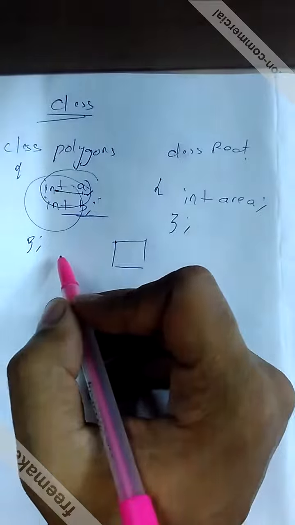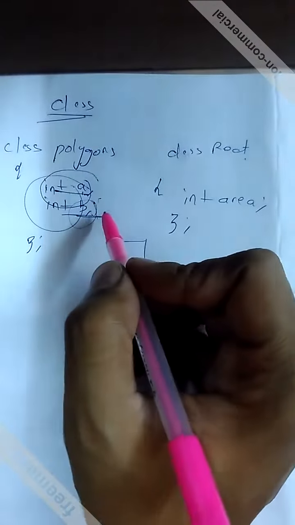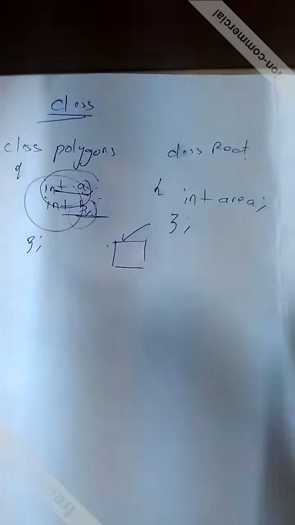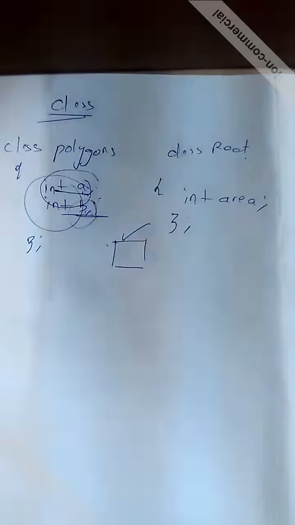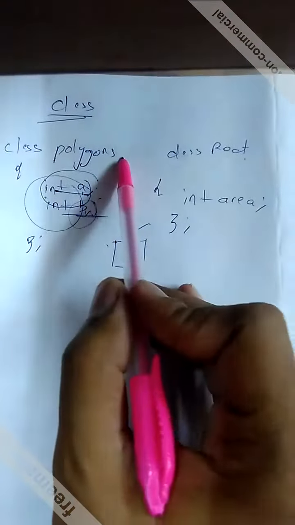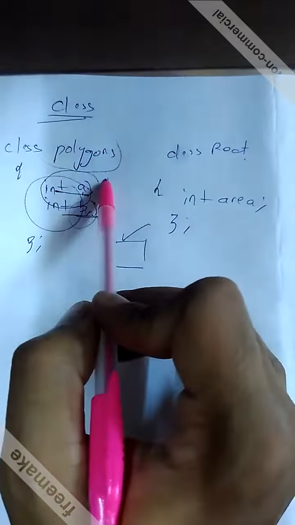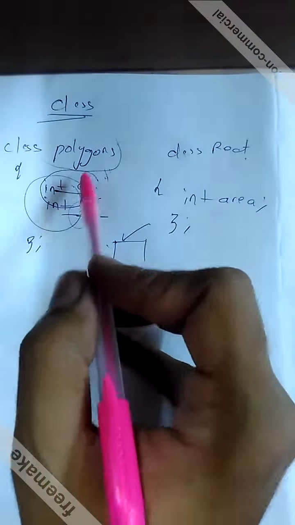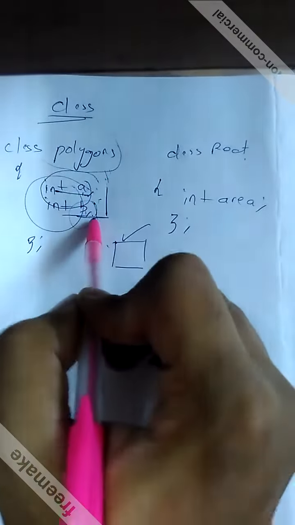Same goes for other cases, we have a number of ways to assign these values. We can even make b and a equal if we have such kind of polygons. In a rectangle it will be a into b. Now what I'm trying to say is, if there is a class named polygon, the blueprint tells that this class polygon has two variables, which are a and b.